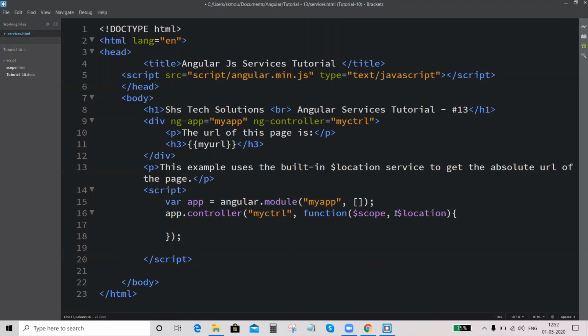Here I am passing the $location service as an argument in the controller. Okay, the $location is an argument.